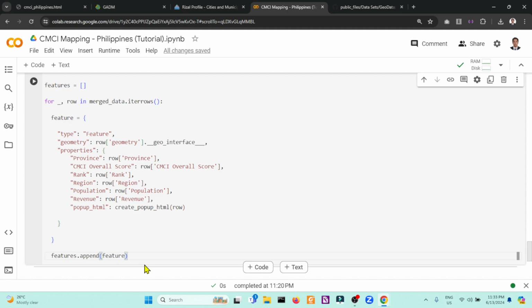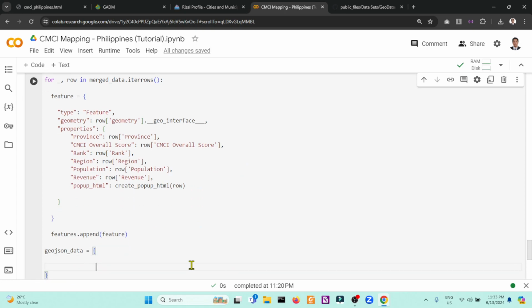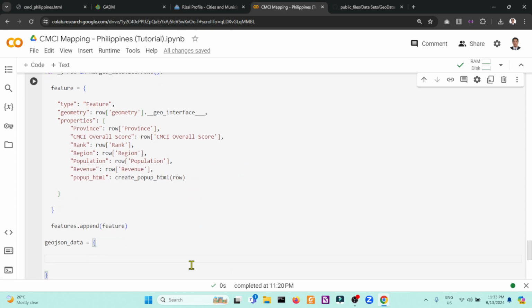So this line adds the created feature dictionary to our features list based from the loop. The next step is to create a GeoJSON data dictionary. So after the loop completes, let me define the GeoJSON data, which will represent the GeoJSON feature collection.